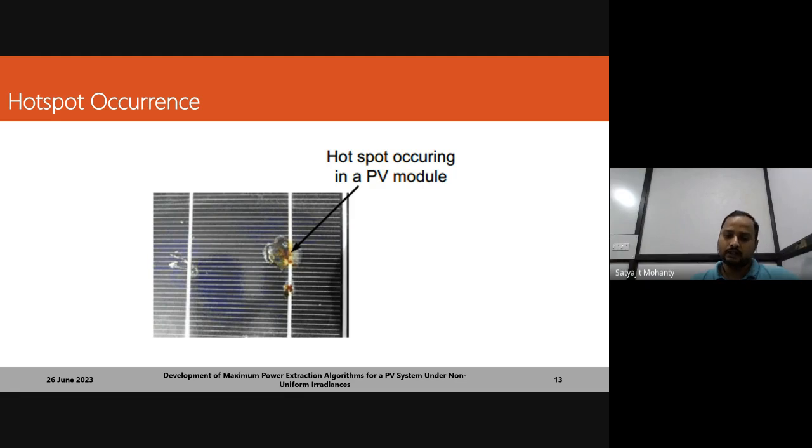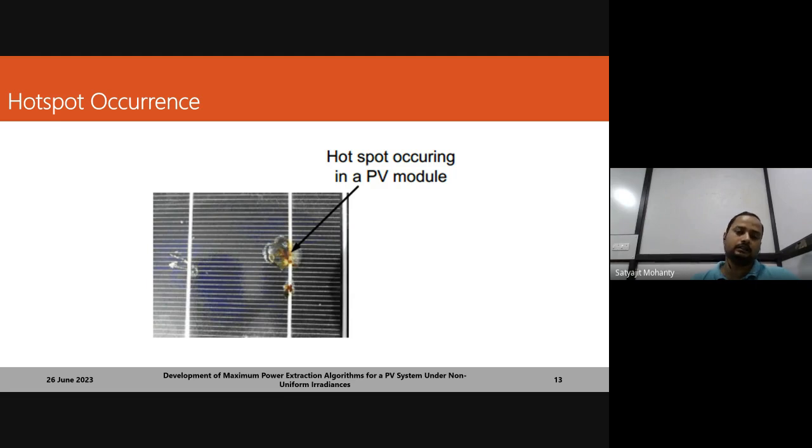We normally connect cells in series so that a high amount of current can flow, and a series set is connected to another series set so that more current can be generated. But if a particular cell is shaded for a long time, instead of a generator it will act as a load, which will result in a crack in the photovoltaic panel,